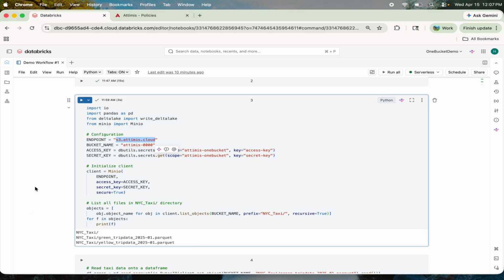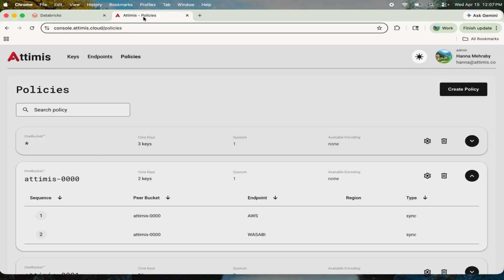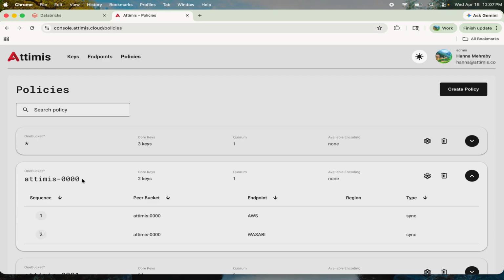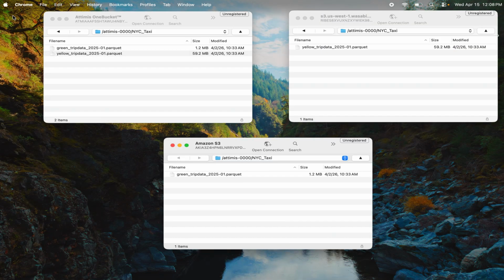So if we go ahead into our Attimis console, we can see that the policy Attimis 0000 is actually attached to two different endpoints, AWS and Wasabi. And this means that the compute layer only interacts with a single endpoint while Attimis actually manages where the data is physically stored. So when we go to CyberDuck, we see that this data actually lives in two separate places,